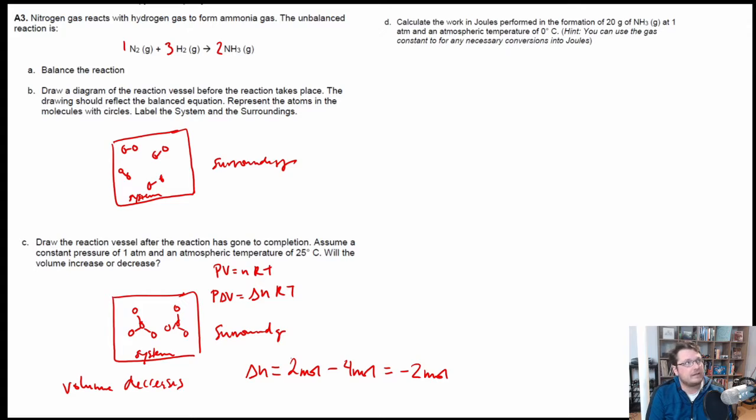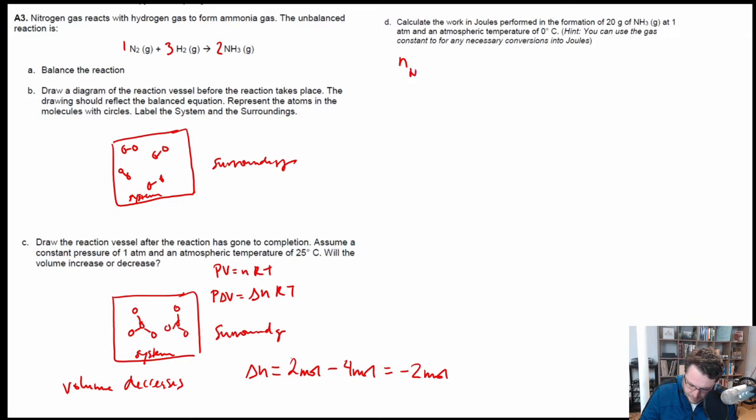So now the last part of that question: calculate the work in joules performed in the formation of 20 grams of NH3 gas at 1 atmosphere and a temperature of 0 degrees Celsius. What we can do in this case, first things first, it doesn't matter what the mass of ammonia is that we form, it's the number of moles of ammonia that we're forming. So the first thing we want to do is calculate the number